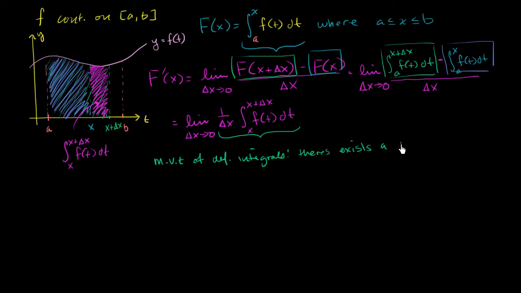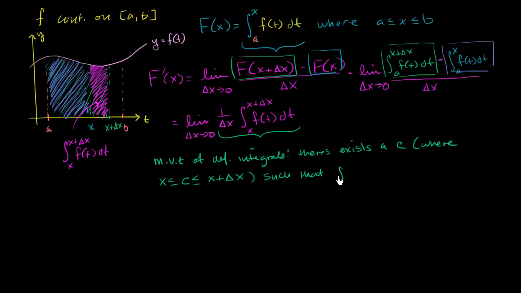The interval that we now care about is between x and x plus delta x, where x is less than or equal to c, which is less than or equal to x plus delta x, such that